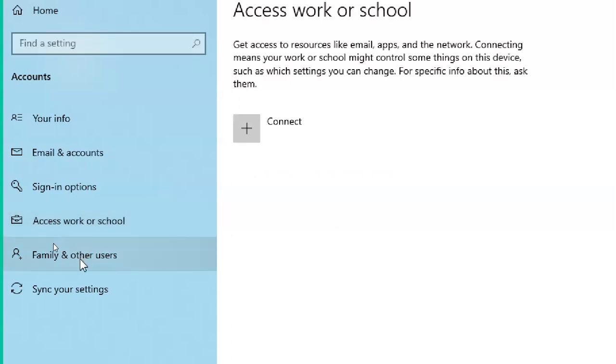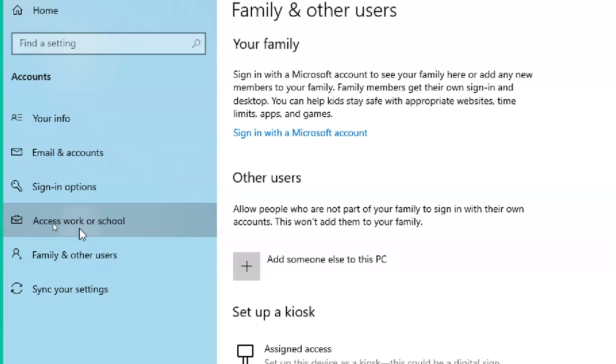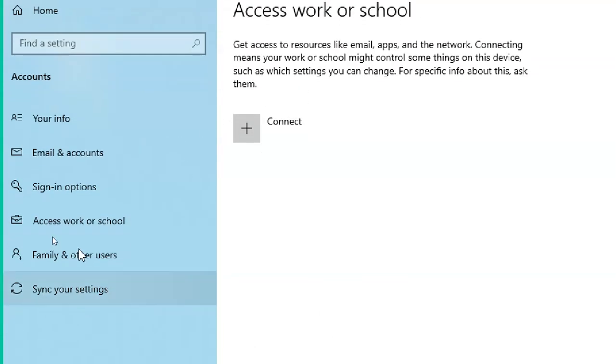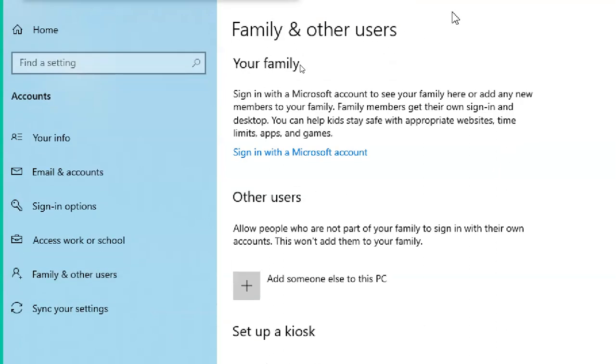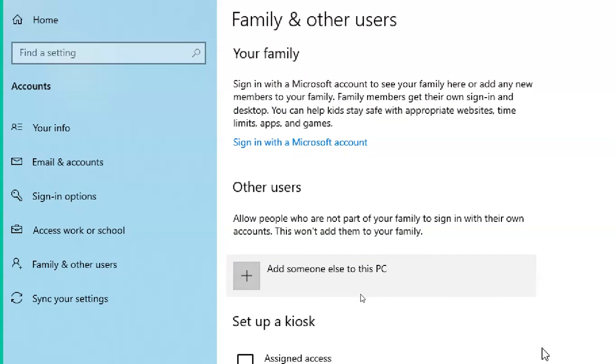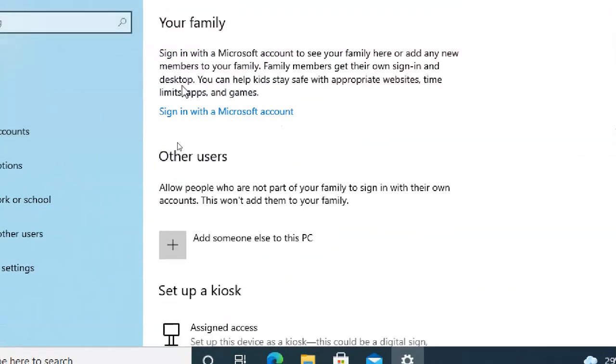So not this one. This is adding a Microsoft account or a school account, so we are able to add those accounts also. This is family and others. Here, if you have a family, like your brother, sister, mother, you can use your Microsoft account, or maybe you can create multiple accounts for their purpose, so they can also log in with a separate account using a Microsoft account. Like that you can do it.